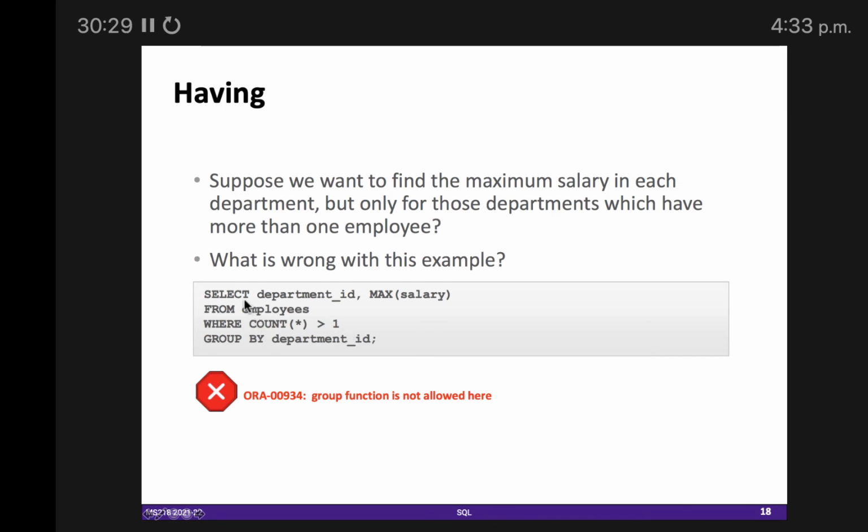In this query we are writing select department ID, max salary, that is fine. From employees, that is fine. Group by department ID, this is right, we are grouping with respect to department ID. But here we are saying where count star is greater than 1. So this is not correct. If we want some criteria on a group condition, we have to use the having clause. We cannot use the where clause. Just remember that